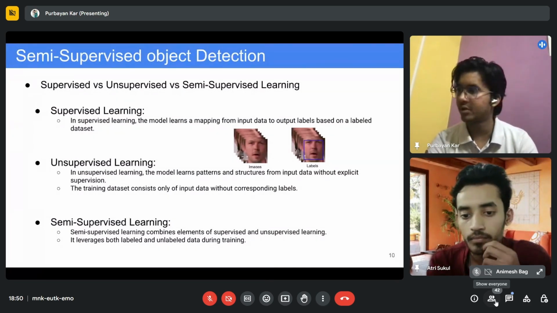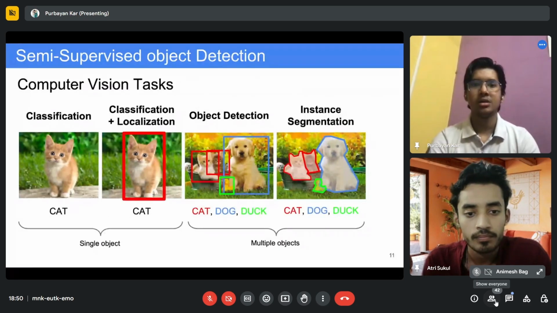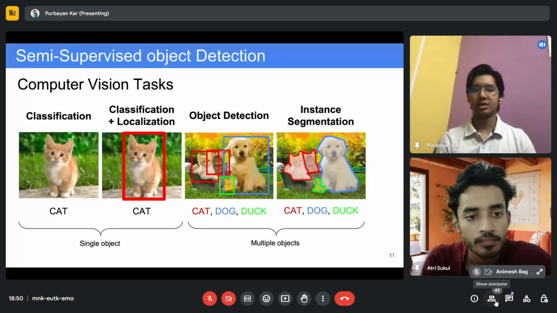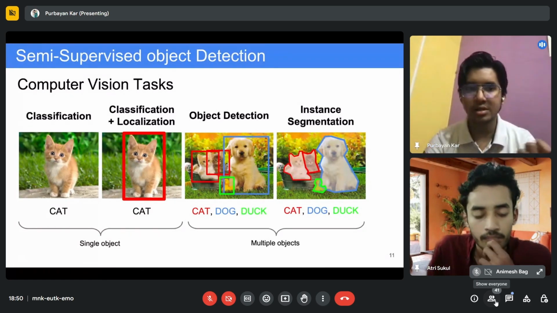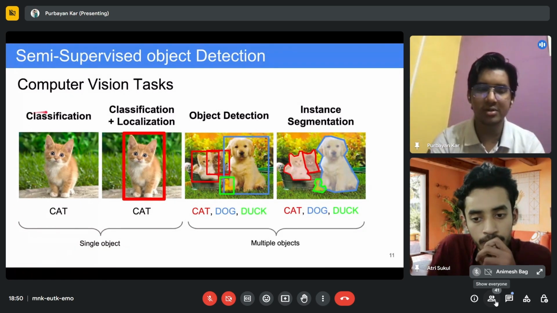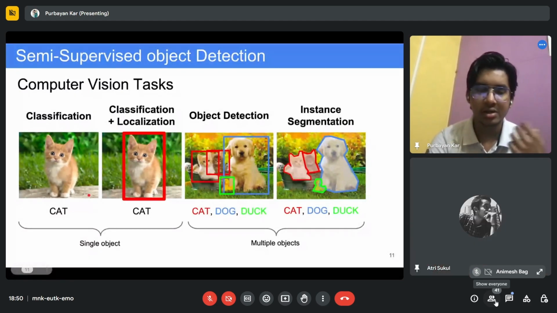Okay, if we don't have any other question, let me move to the next slide. Now I will very briefly explain, for beginners, what the various computer vision tasks are and what object detection basically is. First, classification. Classification is when you have an image and you have to classify what is inside the image.